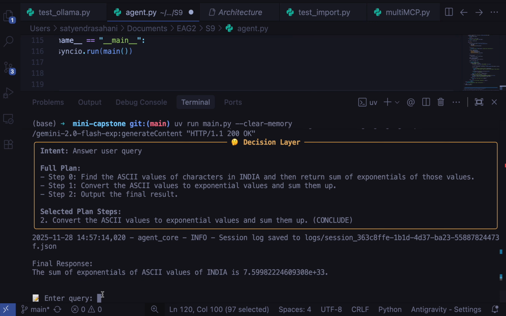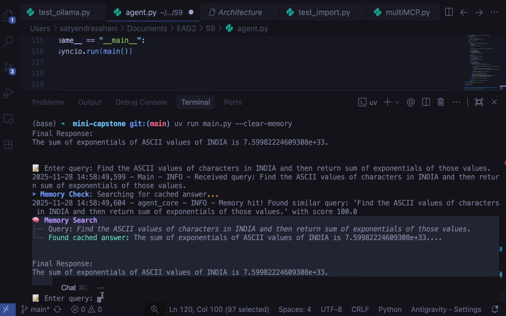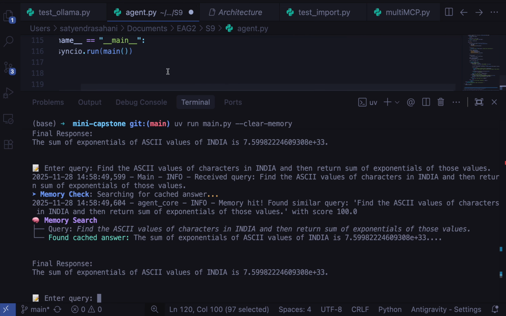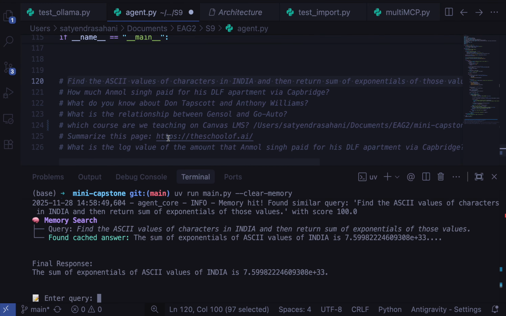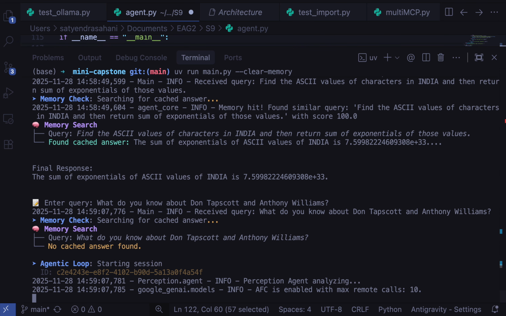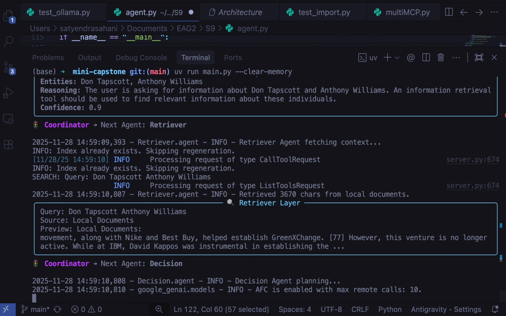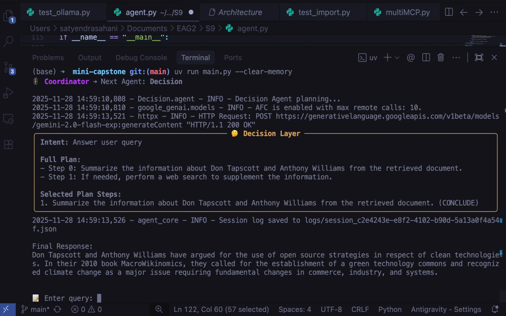Now let's say if we search this again, it will go back to memory and directly give you the answer right here. It does not have to do it all again. Let's search another query and let's go to this one. The earlier one was mostly about the mathematical part, and here